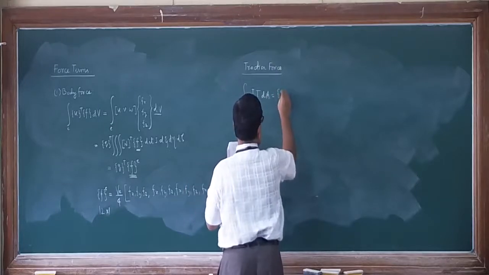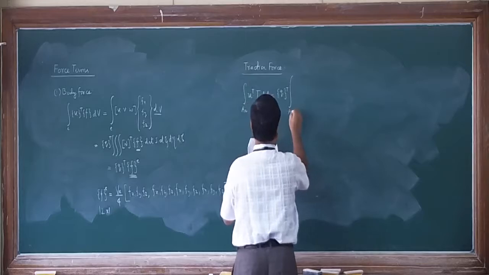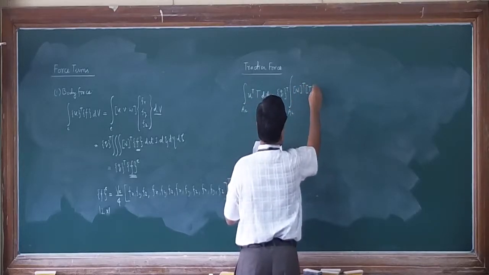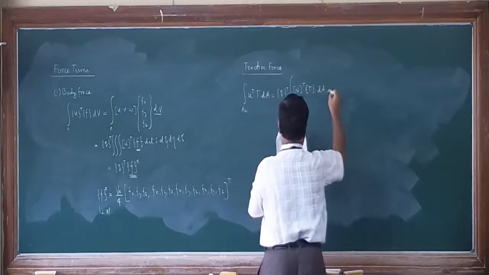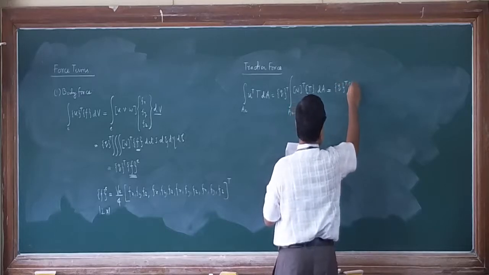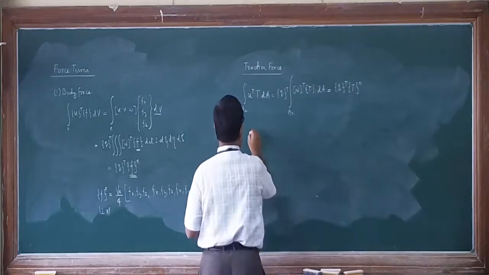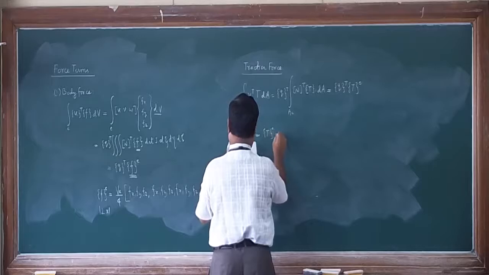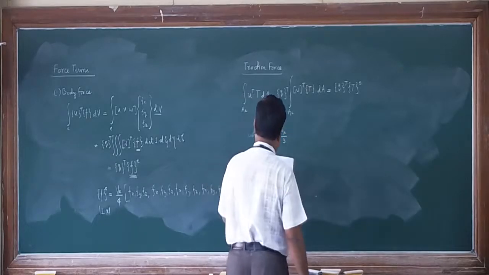When I substitute this, integration over the area of N transpose into T into dA will give you Q transpose Te, where Te is Ae by 3